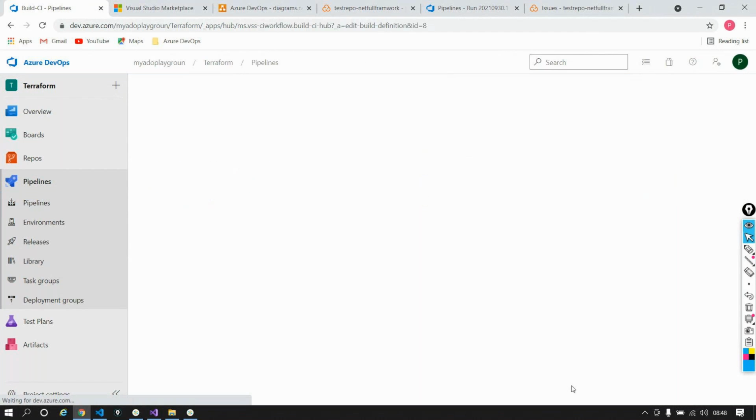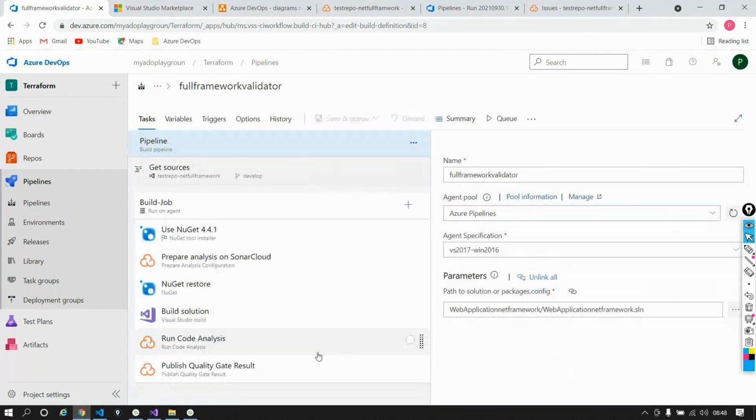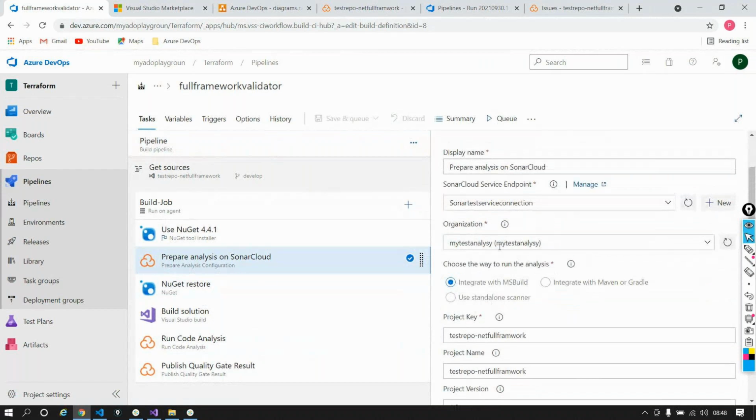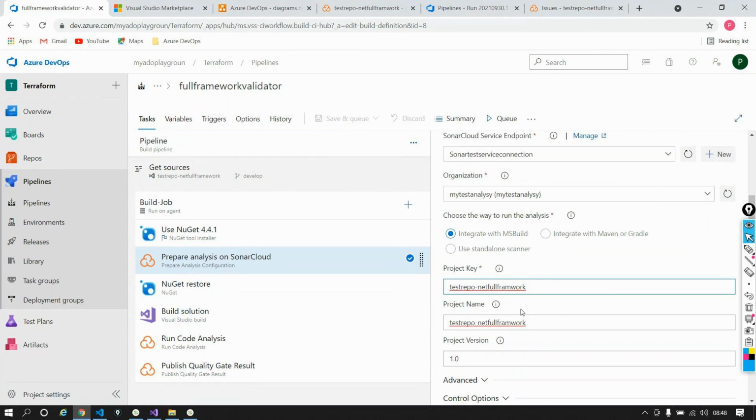Now, one quick thing out here is this particular prepare Sonar analysis step. It has a lot of things like project key, project name, which are a bit sensitive information that I don't want to expose. Project key is very sensitive information which I don't want to expose on the pipeline, and generally developers also have access to the pipeline and can check what is inside it. So I don't want to give it in this way. Rather, I want to declare this parameter as a variable on my pipeline,